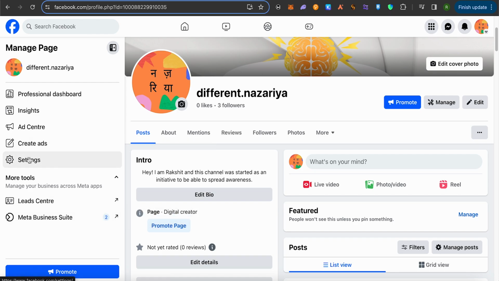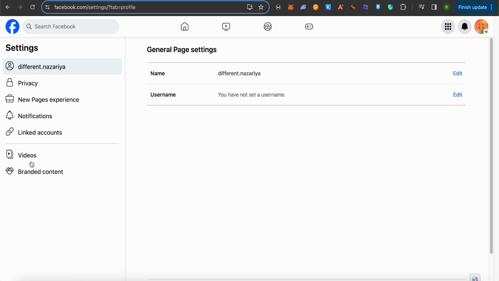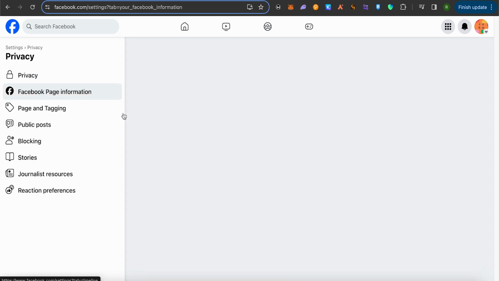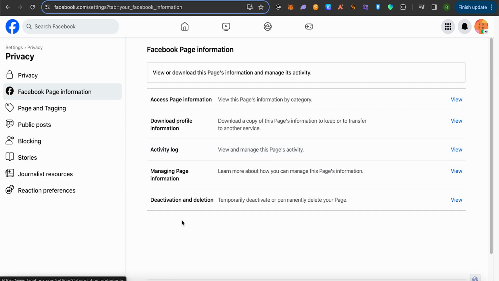Now click on the option of settings on the left hand side. Basically open the settings of your business page. After that, click on the option of privacy, then select the option of Facebook page information. After that, at the last option, you will be able to find that you can either deactivate your Facebook page